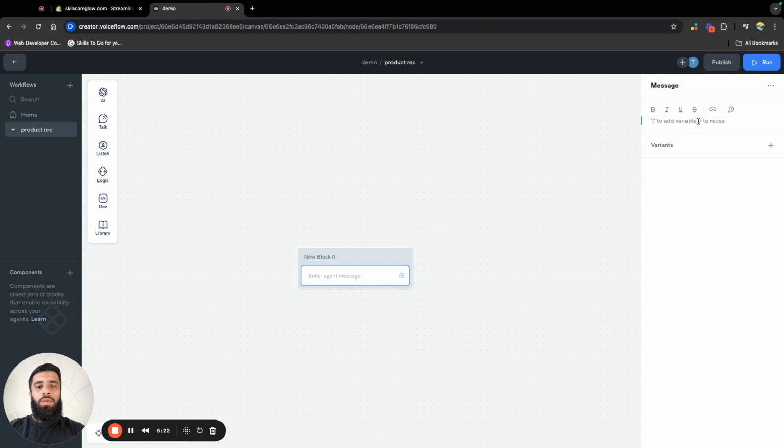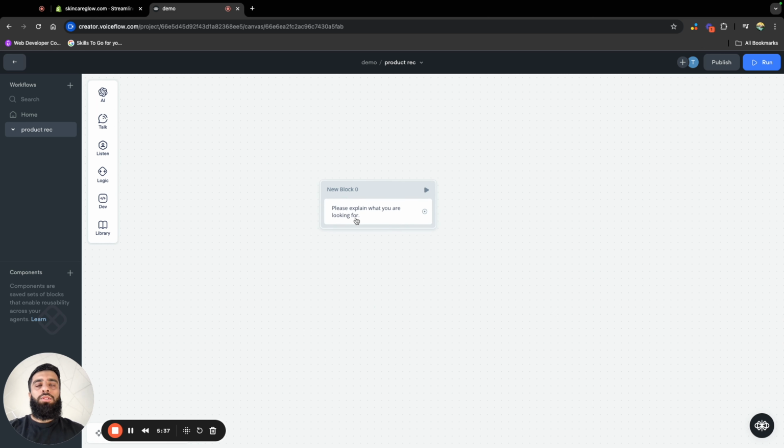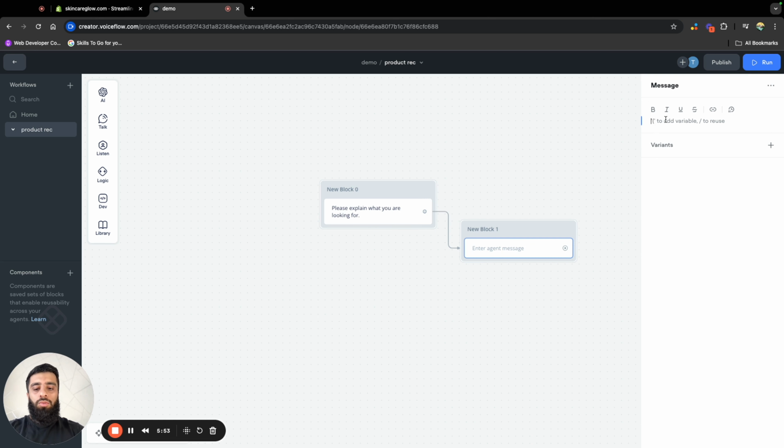On the right, we're going to type in our message. So I've said, please explain what you are looking for. From there, we're going to click and drag and talk and message again. And similar to a human sales assistant, we're going to give our user an example of what they could say. So I've typed, for example, you could say, I have dry skin on my hands,